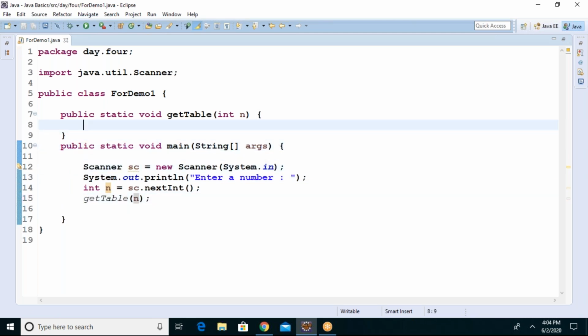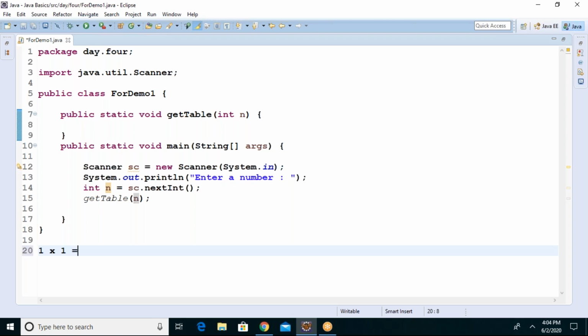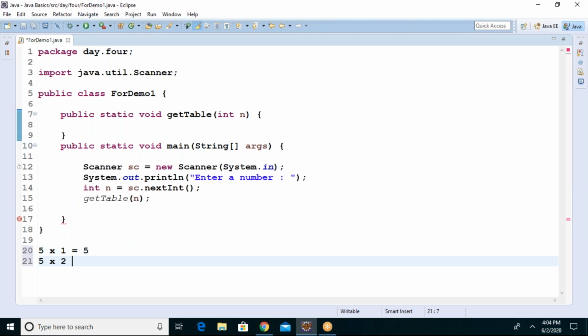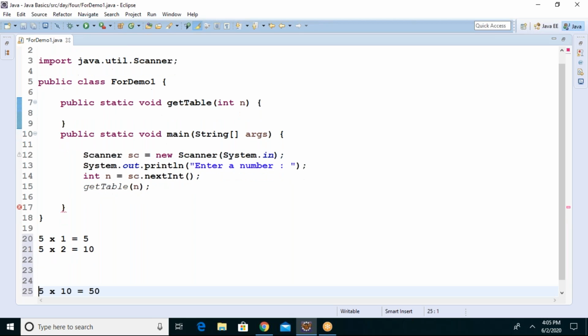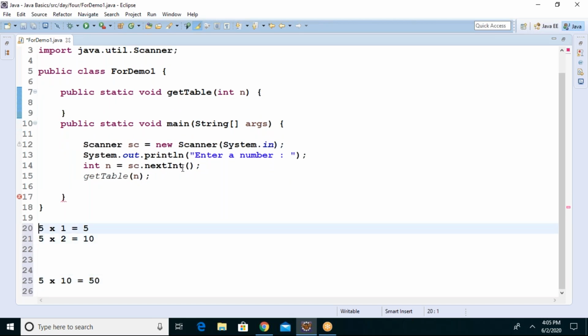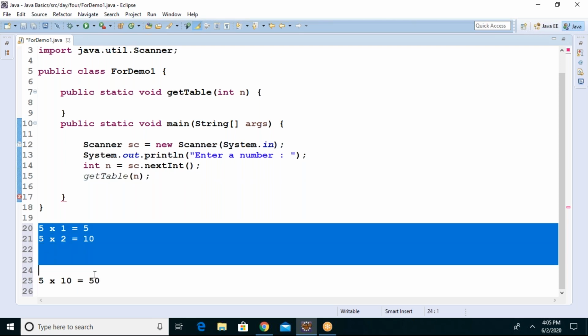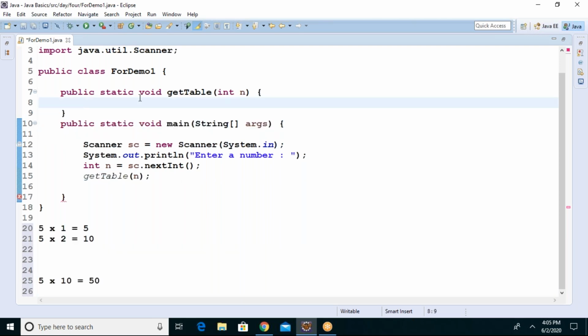Anybody write this code? The table should be in this format. 1 ja 1. For example, if I give 5, then 5 1 ja 5, 5 2 ja 10, like that, finally 5 10 ja 50. I want all this table up to 10. If the number I send is 6, it should print the 6 table here. Guys, tell me how to achieve this. Anyone? Using a for loop.